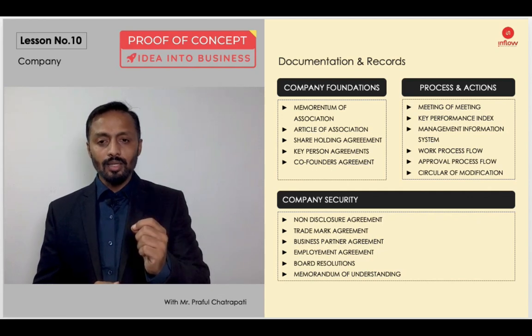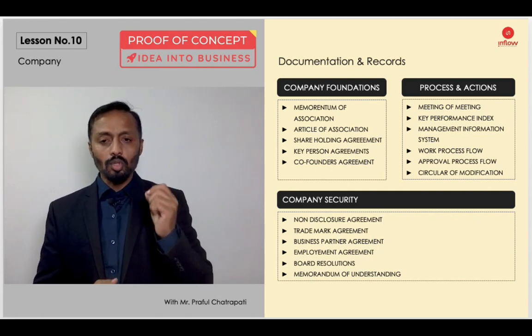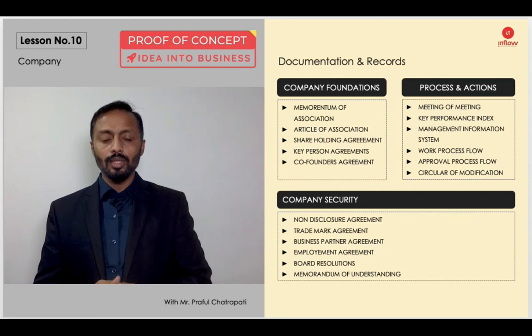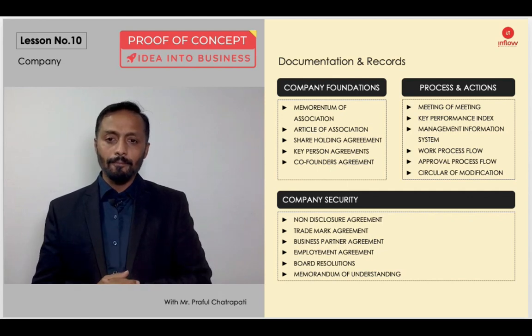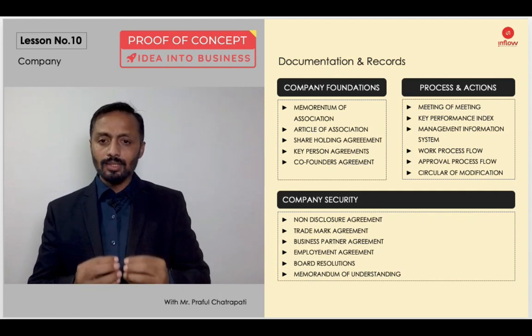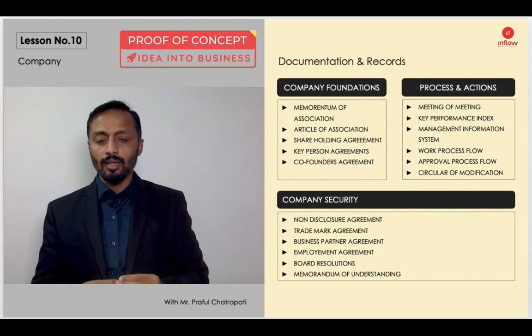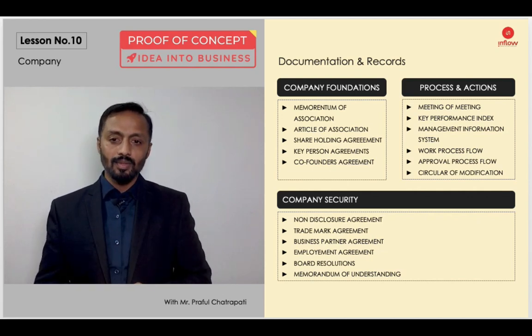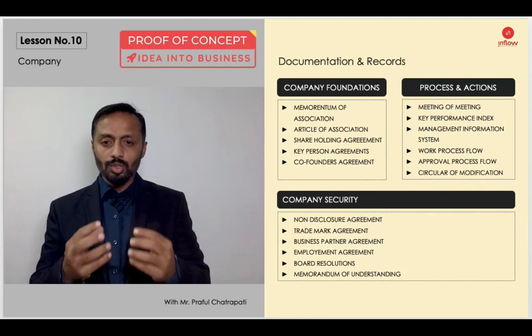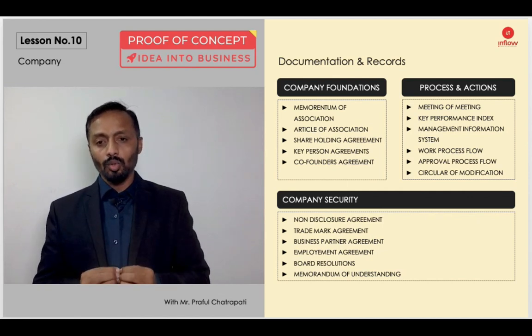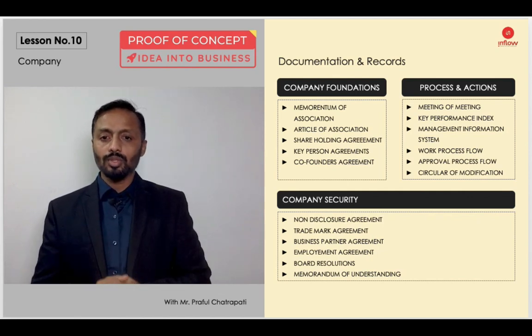Please ensure that you read it very carefully, talk to your CA, and understand that the nature of business you want to do is properly captured here. Articles of association are more like the law book of your company. Ensure that the process, systems and culture you want to give to the company are drafted. Let's not go with the generic option. Talk to your CA, give the vision about your business idea, and whatever rules and regulations you want inside, everything will be captured here.